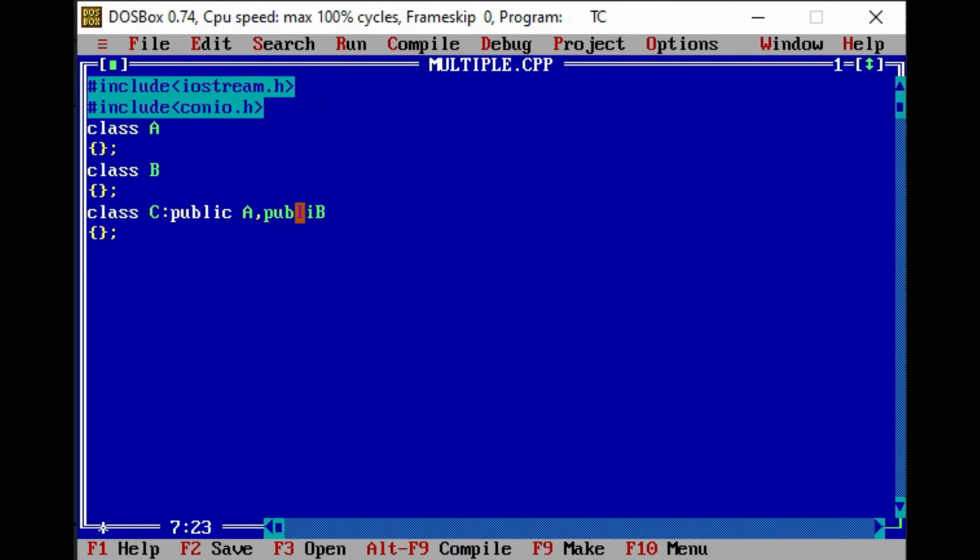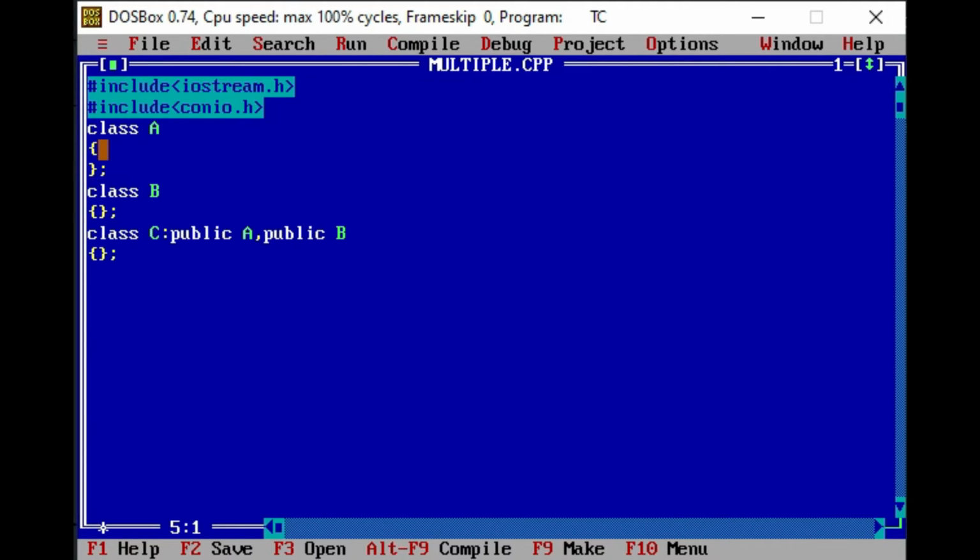So we need to write here a public. We are taking here public inheritance for the sake of simplicity. We can write protected or private as we want to write a program. Okay, now it is the syntax of multiple inheritance, where we can see that class A and class B both are the base classes. Class C is the derived class in which the properties of A and B are getting inherited.